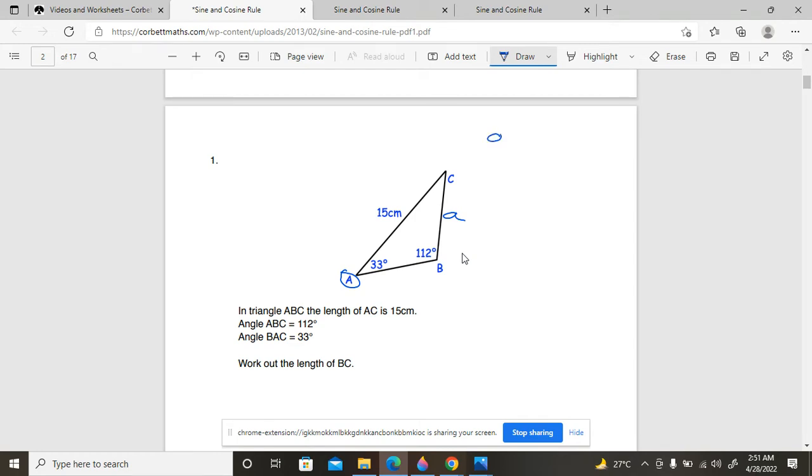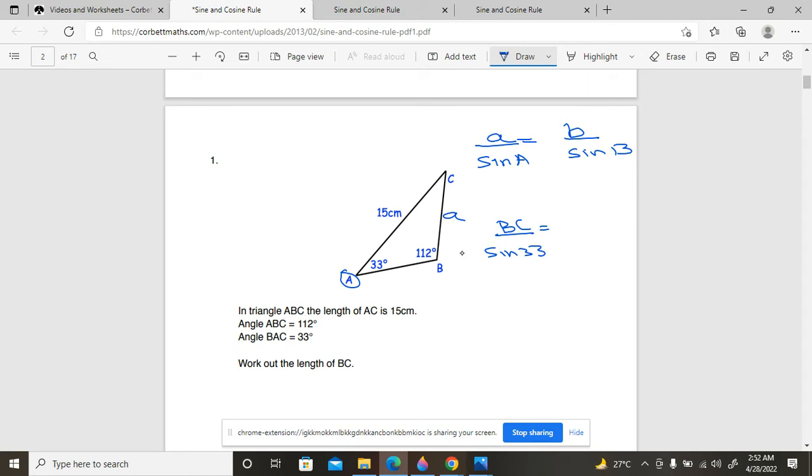So a divided by sine A equals small b divided by sine B. Now look, I was finding an angle in the previous question. That is the reason the angle was in the numerator. Now I'm finding a side, so now the side is on the numerator. Whatever you're finding, leave it in the numerator section. So small a is the BC line divided by sine 33